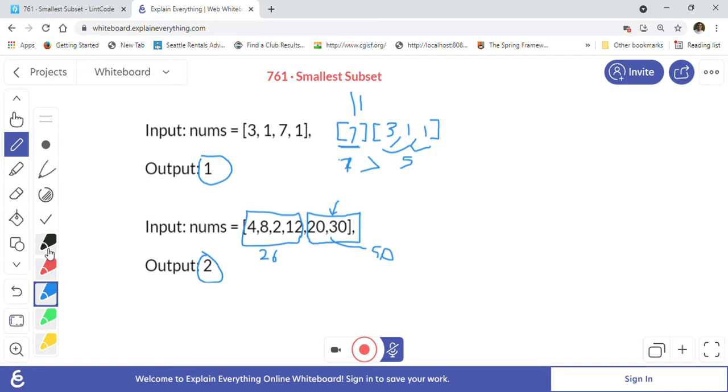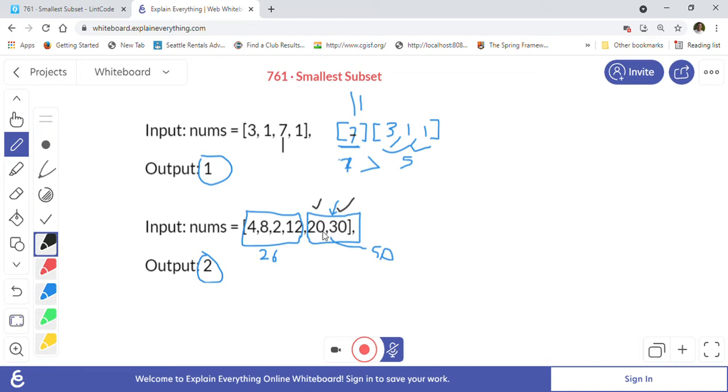So now how will we solve this problem? As you might have seen, we are trying to pick the greatest elements. Here 7 is the greatest element, and here 30 and 20 are the two greatest elements.